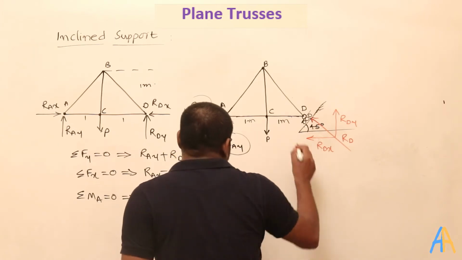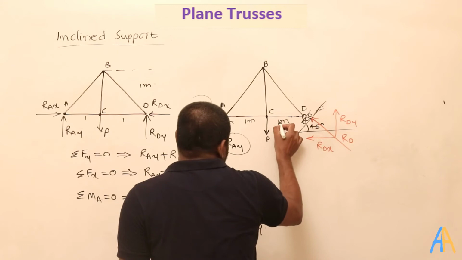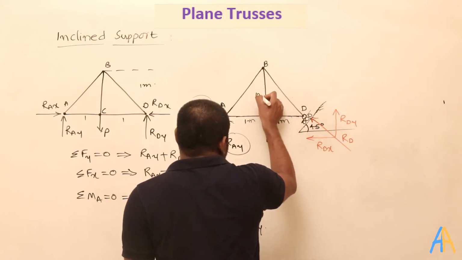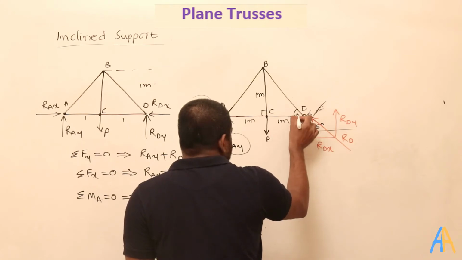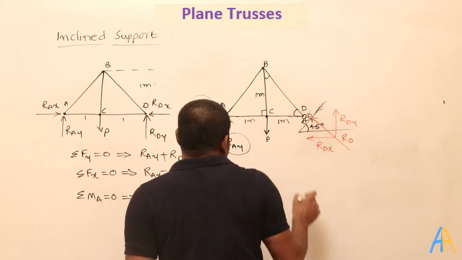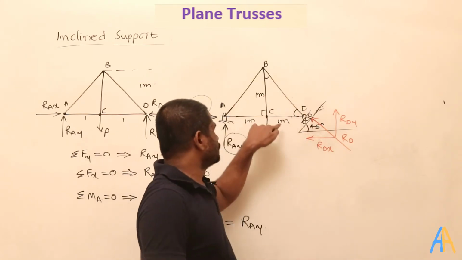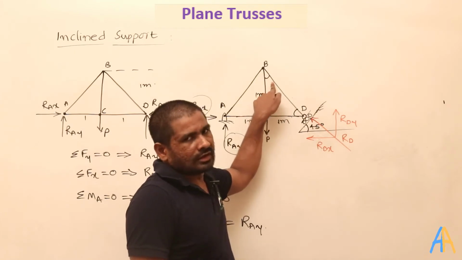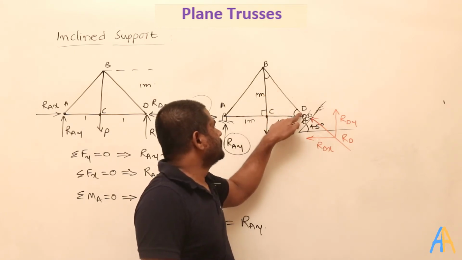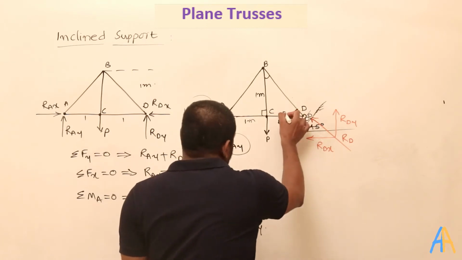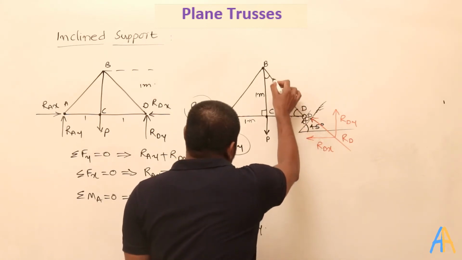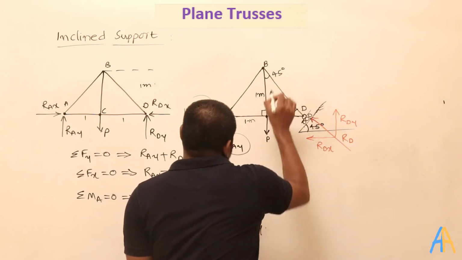Okay, and you identify here the angle in this triangle. See, this is 1 meter and this is also 1 meter. So this is 90 degrees. So automatically what happened? This angle and this angle should be equal, because the angles opposite the equal sides should be equal. This is 90 and these two are equal. That means each one is 45 here. So this is 45 degrees and this is also 45 degrees.